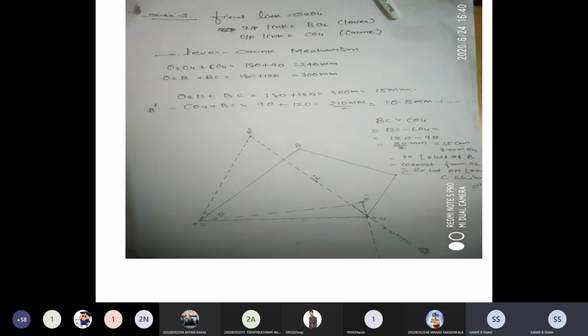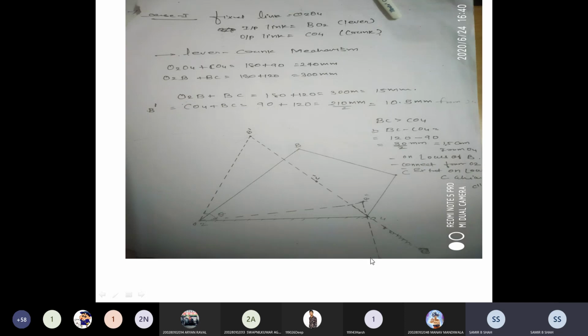आपको जहां भी B double dash मिलता है, from the O4 you are get at 15 mm or 30 mm. You just join from O2 B dash B double dash, same way O2 B dash, same way O4 से B dash को भी join करना है, and same way you have to extend B double dash वाली line जो है वो आपको extend करनी है नीचे की तरफ, where it may be intersect on O4C at C double dash.